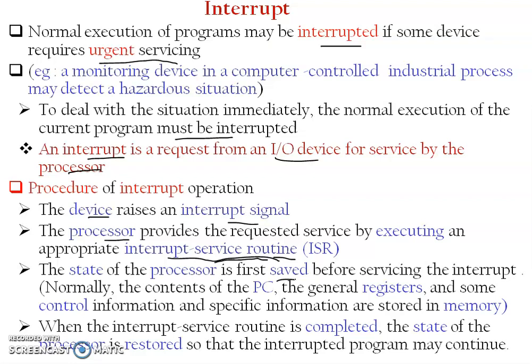That is called the interrupt service routine. It is similar to subroutine execution. What is the task performed in subroutine execution? When a subroutine is called, it executes that subroutine and returns to the main program. Similar is the case here. When an interrupt is raised, it executes the interrupt service routine and returns to the